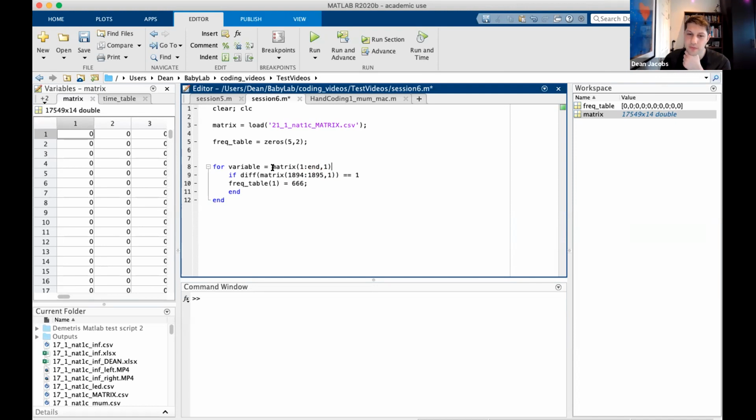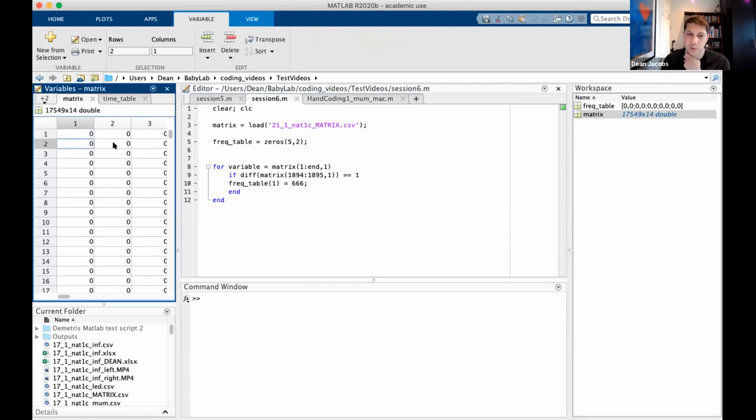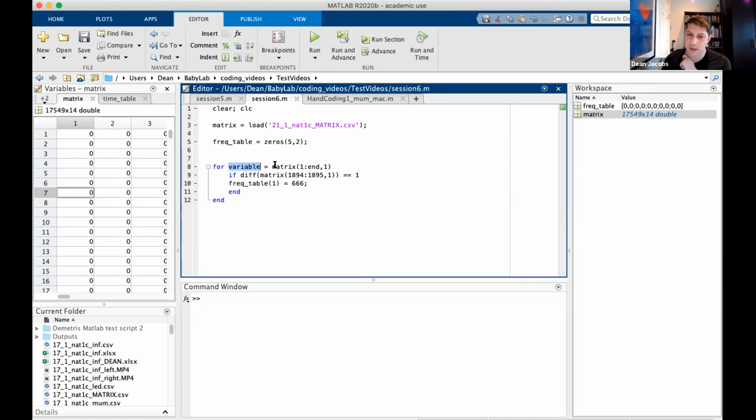So we're going to loop. We're going to start at 1 1, and each loop through this for loop, it's going to go down. We're going to make it a number. We're going to give it a letter or something. Well, let's call it row. Let's call it row, the variable. It doesn't have to be a letter. It can be whatever you want to call it. So for each